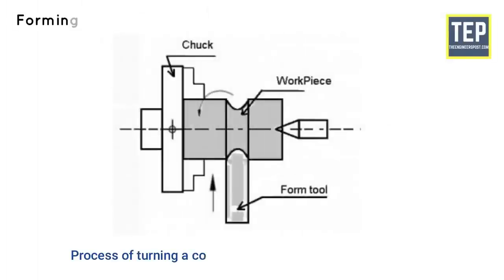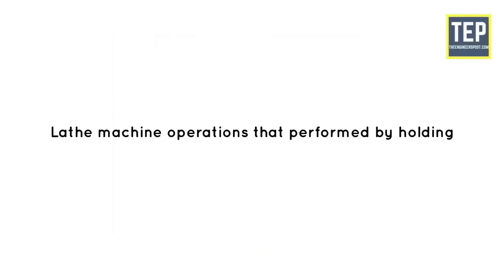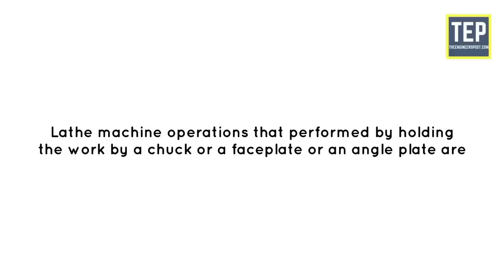Forming. Forming is the process of turning a convex, concave or any irregular shape. Form turning may be accomplished by different methods like using a forming tool, combining cross and longitudinal feed, or tracing or copying a template. Lathe machine operations performed by holding the work by a chuck, a faceplate or an angle plate are: